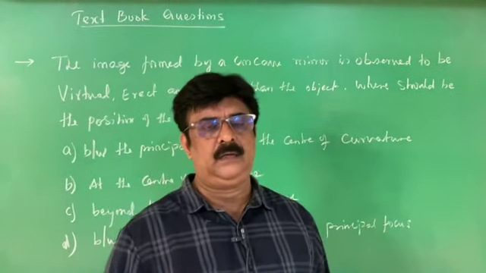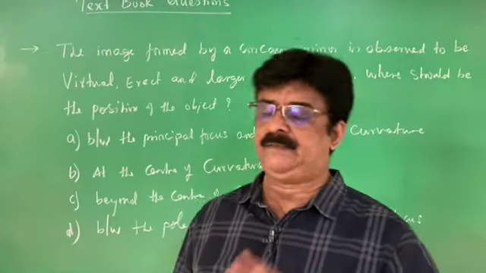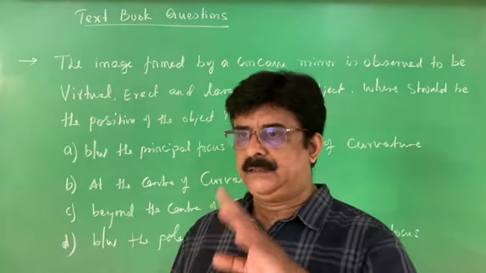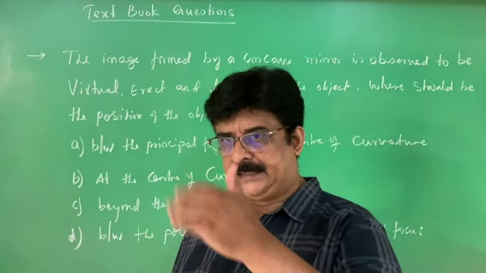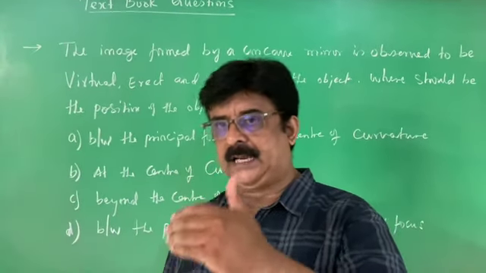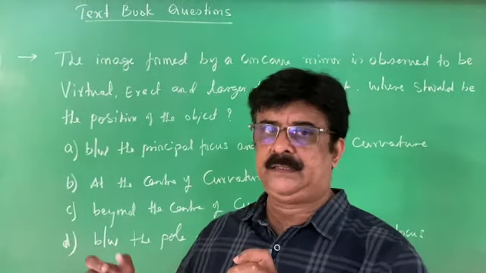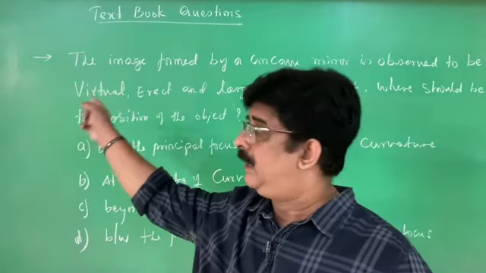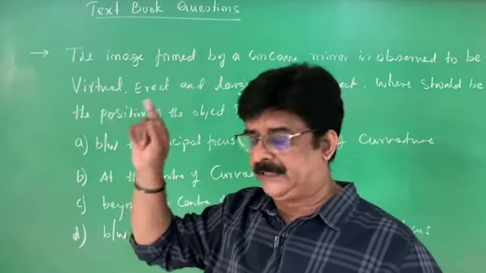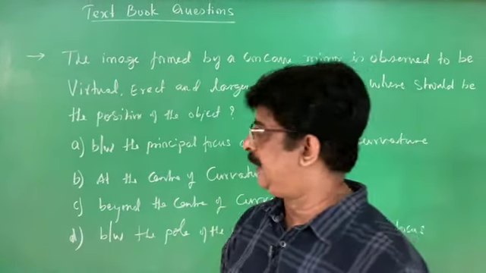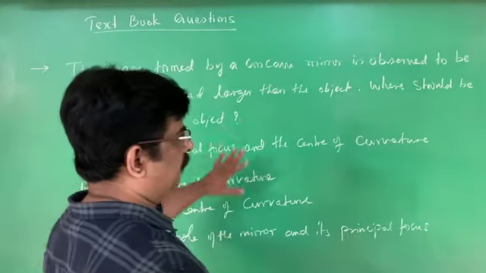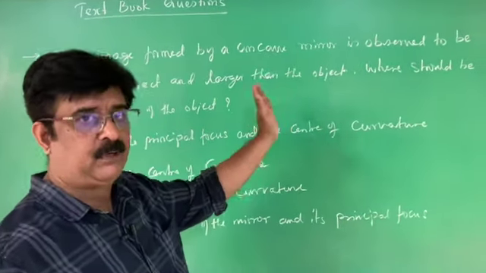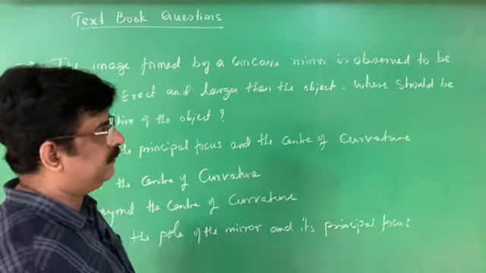To solve the questions given in the exercise of the chapter, I selected the questions of reflection. That exercise has questions of reflection as well as refraction. I picked the questions of reflection and solved them. Therefore, I have not written the number. You have to check the textbook and write the number using that. I am only going to solve the problems of reflection because we completed only the reflection part of the chapter.